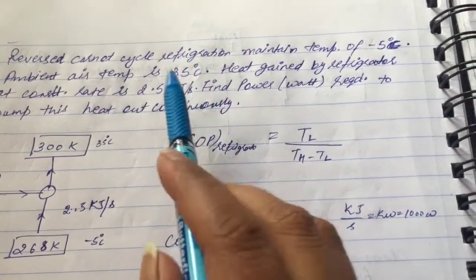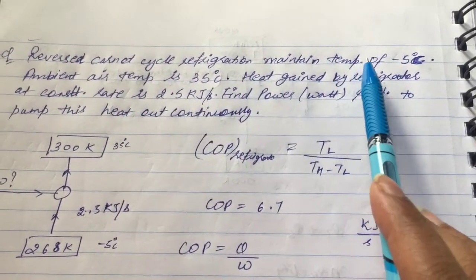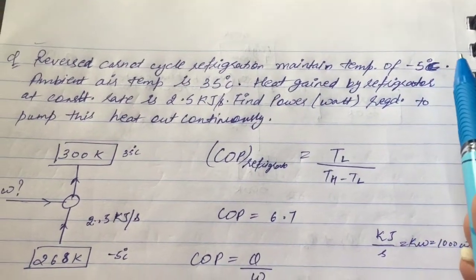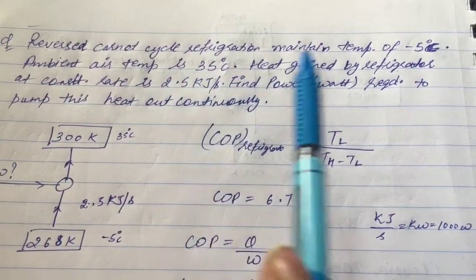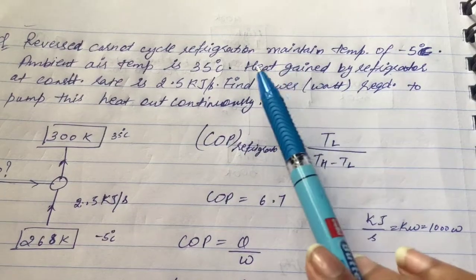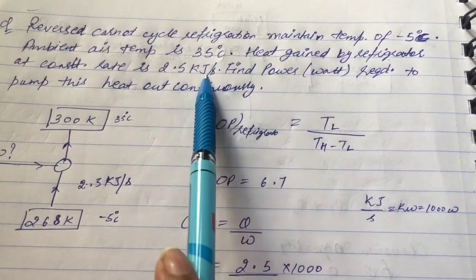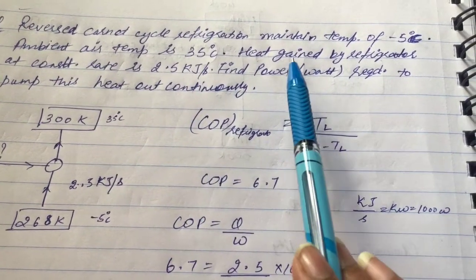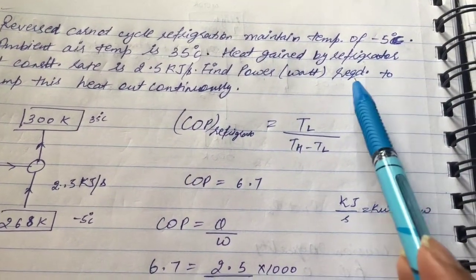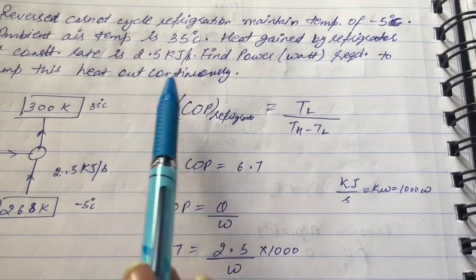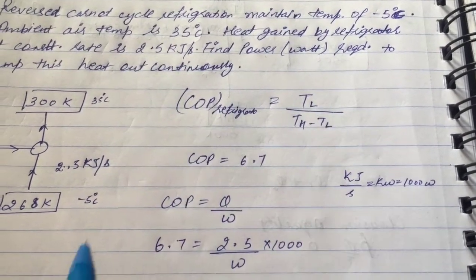Next question is, reversed Carnot cycle refrigeration maintains temperature of minus 5 degrees Celsius. Ambient air is at 35 degrees Celsius, and heat gained by refrigerator at constant rate is 2.5 kilojoule per second. We have to find power in watt required to pump this heat out continuously. So